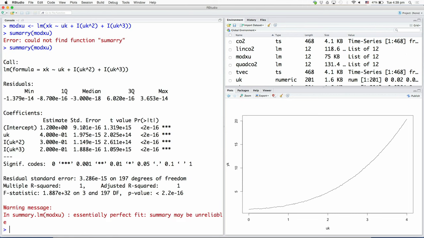That brings up the summary for the model that we just fit between x and u, and I quickly want to draw your attention to the warning message at the bottom of this display. It says that it is essentially a perfect fit. It has to be. What it says is the relationship is perfect, there is nothing left unexplained, there is no residual from this model, so to speak, and that is also reflected in the median of the residuals.